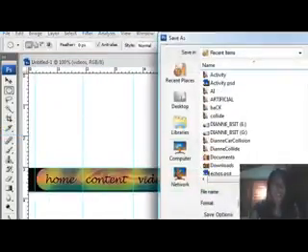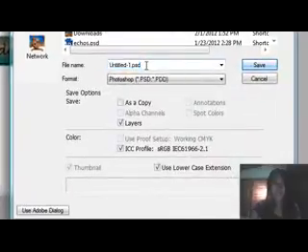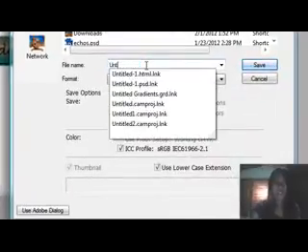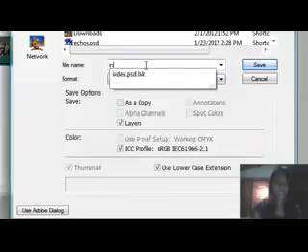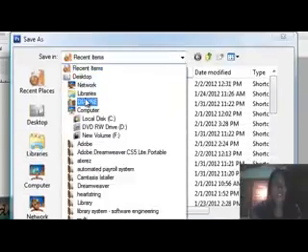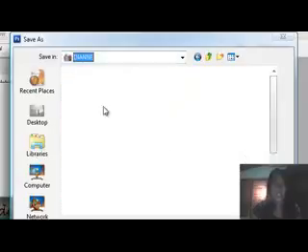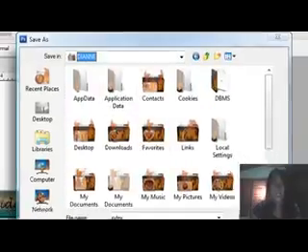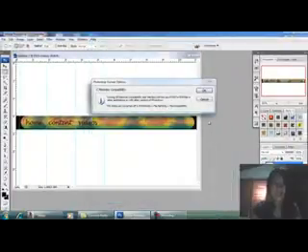And then I will file name index and then click for documents and then click save.